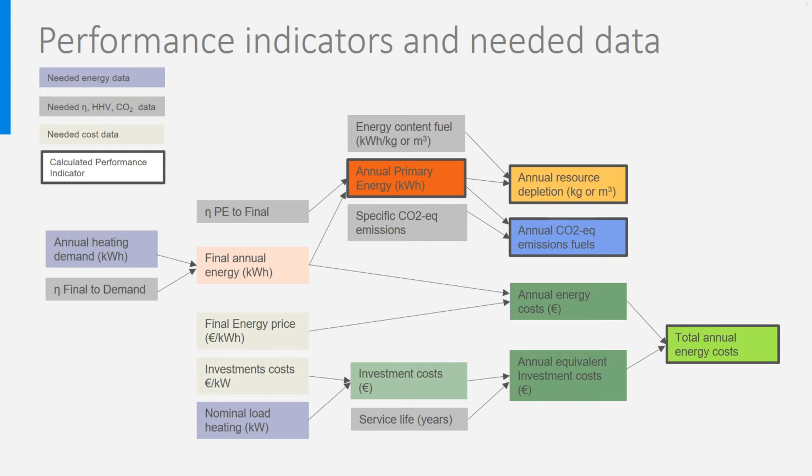As a last remark concerning the calculations of the CO2 emissions, we have seen that when dealing with electricity mixes, we will calculate the CO2 emissions with a slightly different method based on emission factors and final annual electricity use. In that case, we will generally not calculate the annual resource depletion as it is cumbersome if there are multiple fuels, but we will express it simply as primary energy.